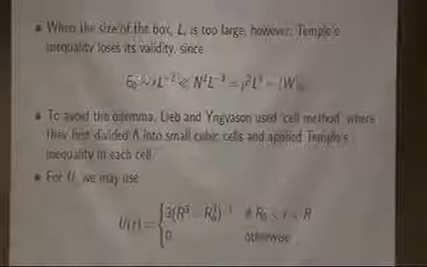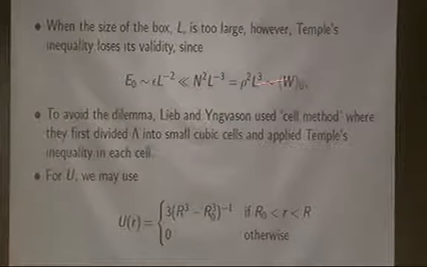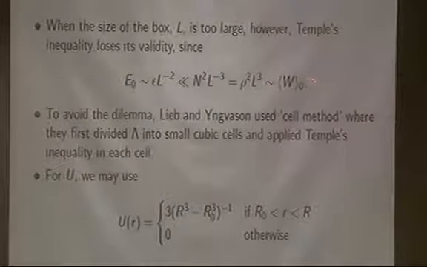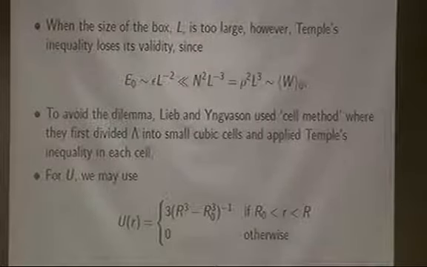So here's the argument: E0 will always become much smaller than this W0 when L is too large. To avoid the dilemma, Lieb and Seiringer used the cell method, where they first divided this box